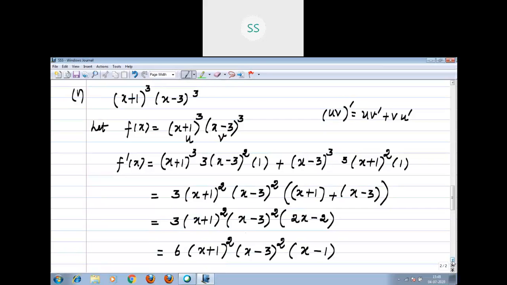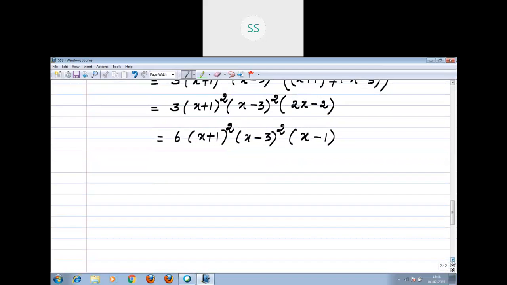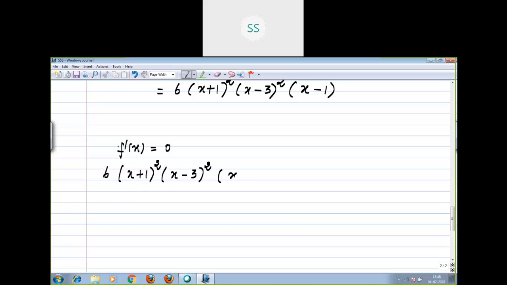6 into (x plus 1) the whole square, (x minus 3) the whole square, (x minus 1). Now the next step is what? You are going to equate with derivative. Yeah, very good. What is that, your derivative now? F dash of x equal to 0. That means 6 into (x plus 1) the whole square, (x minus 3) the whole square, (x minus 1) equal